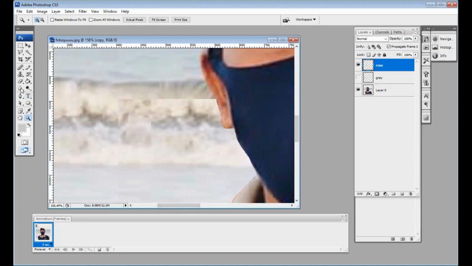I use the blur tool. Okay, take a look at the layer copy. Okay, that's it. Okay, just what we need.